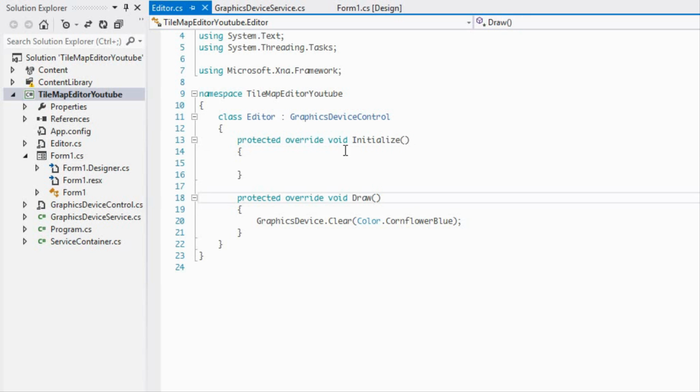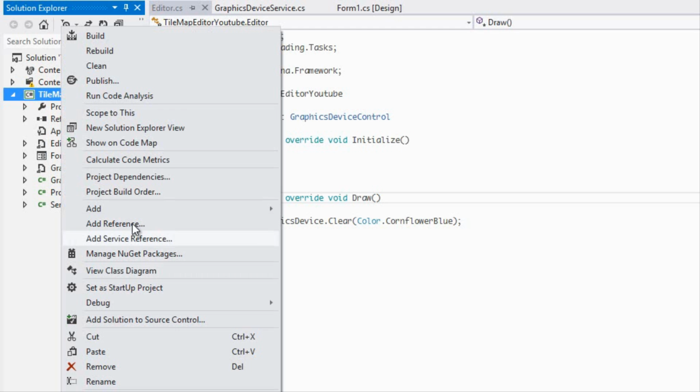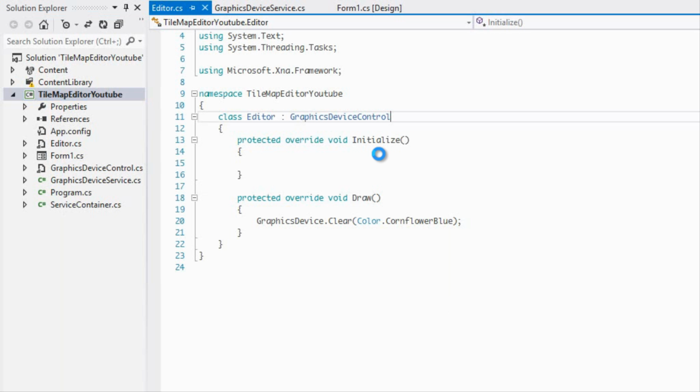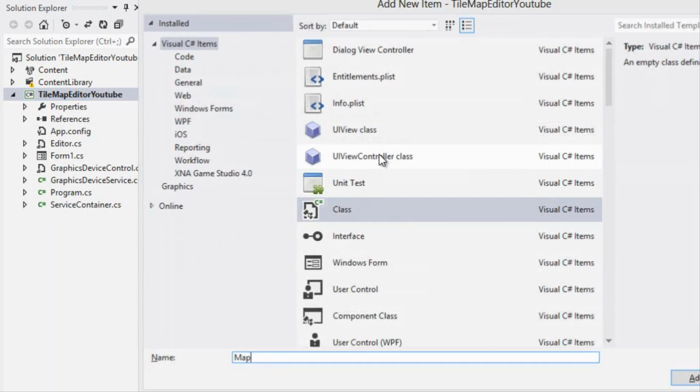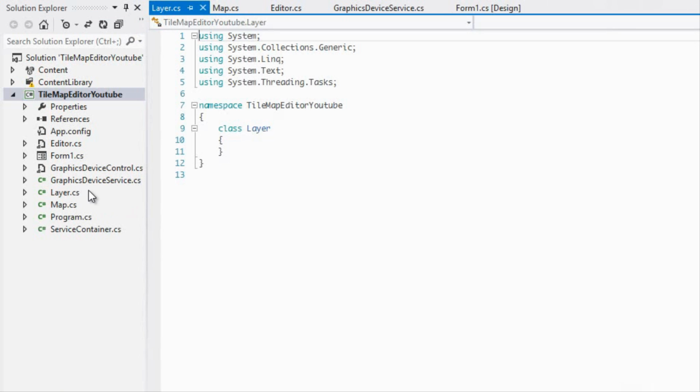So we already have our editor class, and we already have our map and layer class and stuff from our earlier tutorials. But what we're going to do is create a new map and a new layer class. It's up to you guys if you want to do this, but we'll just do it for the fun of it. So we're just going to create a new map class, and we're going to have a layer class. And you might think we need a tile class. We don't need a tile class. So let's just call this public layer,